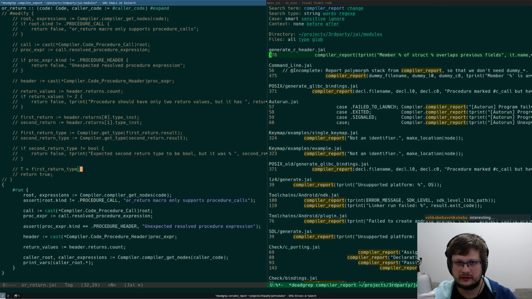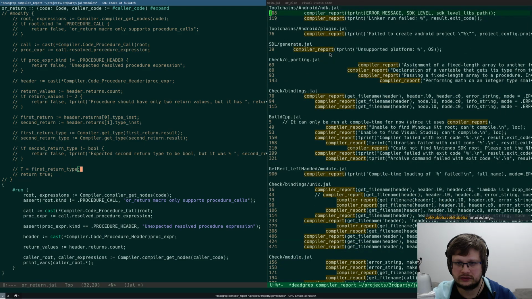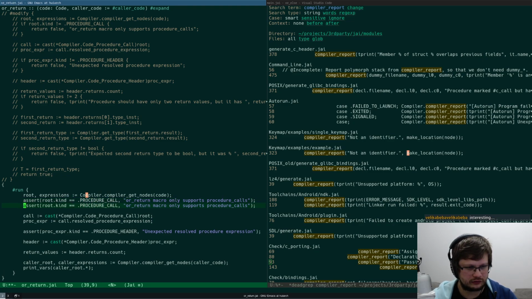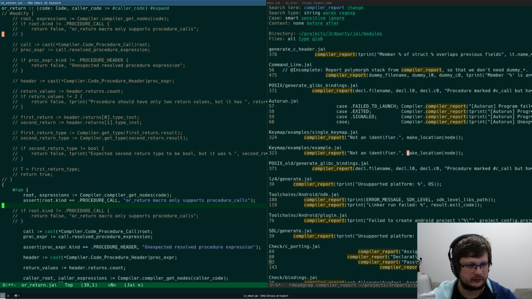Report. Let me remind what compiler report does. Yeah, make location. Let me do it. So instead of doing assert, I would do it like I did it here.